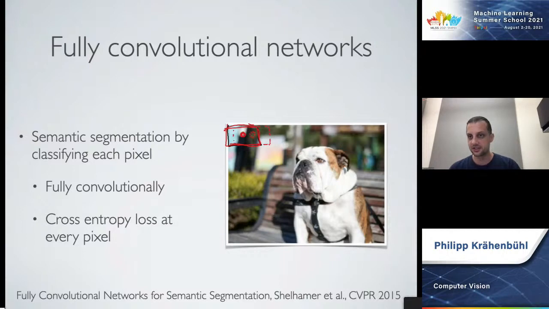Now, this is obviously horrendously slow, and nobody will ever do this. But what you can do is mimic this using a convolutional network. You can run a convolutional network in a sliding window fashion over the entire image and get as an output a dense segmentation or regression.